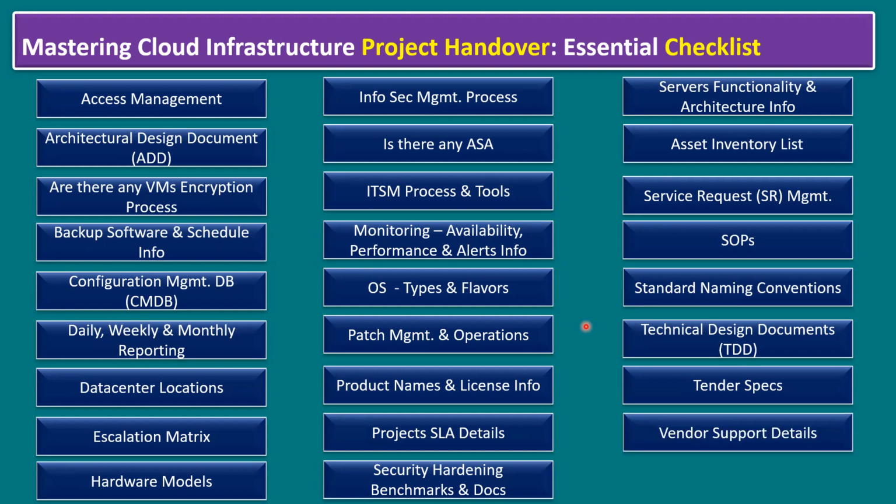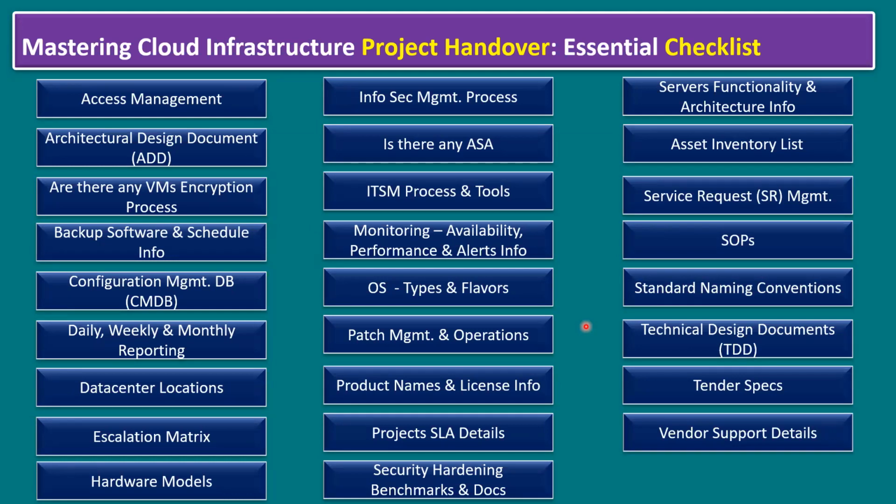And vendor support details. Vendor support details means, normally if you are using hardware, for example if the server hardware is HPE, Hewlett Packard Enterprise, we should have the HPE tech support contact details, whom we need to contact, and what the escalation matrix is. And if you are using VMware virtualization, we should be aware of VMware support details and also the TAM